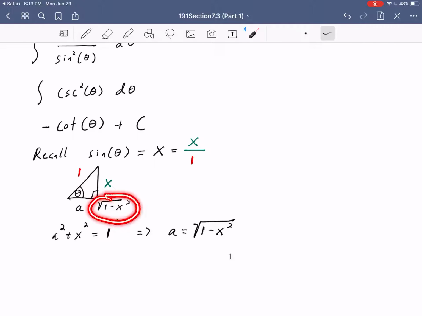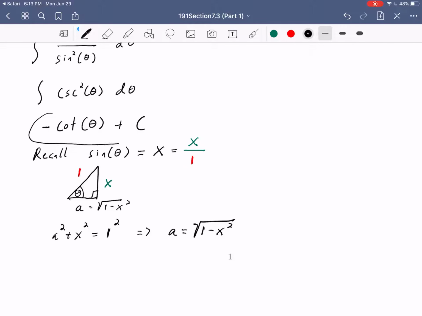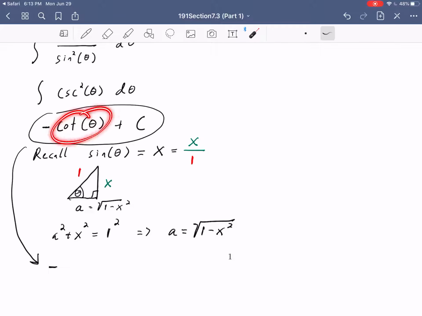Well, we know our adjacent is the square root of 1 minus x squared, and we know our opposite is x. So we can take this and rewrite it back in terms of x as negative cotangent, and again, cotangent is your adjacent, which is square root of 1 minus x squared, over your opposite, which